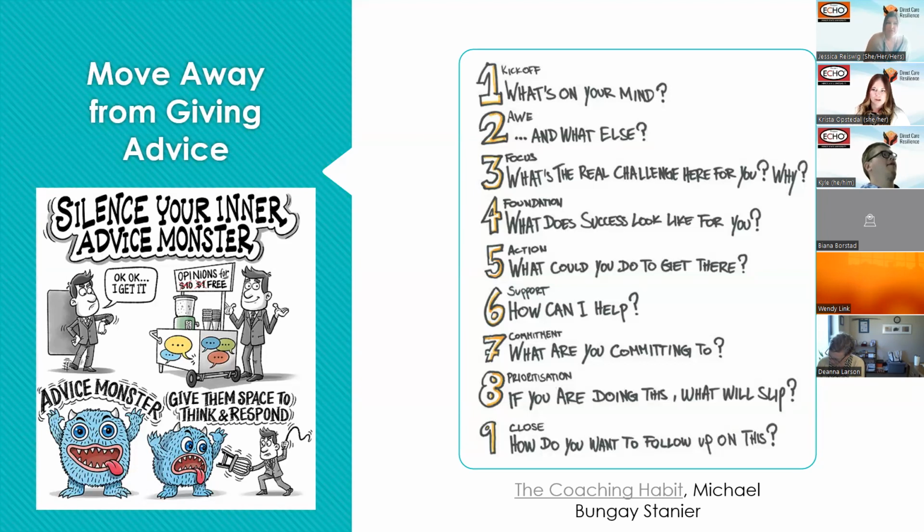But we know that one trap that we can fall into is falling into the role of the unqualified therapist, because it's many of our instincts to try to fix everything. We want to be helpful, but in reality, we really want to shift that process, because not every burden is yours to bear. So I came across this book called The Coaching Habit, which gives readers 7 questions that